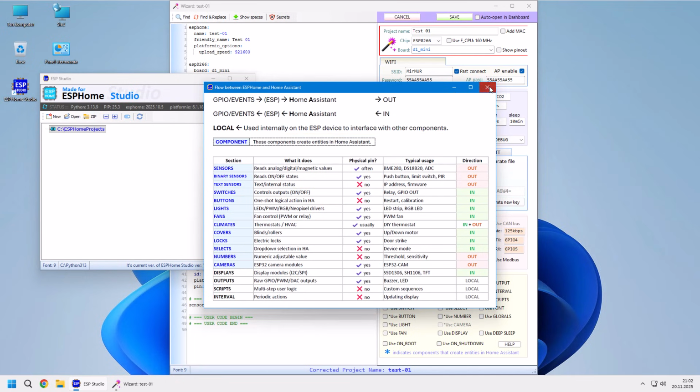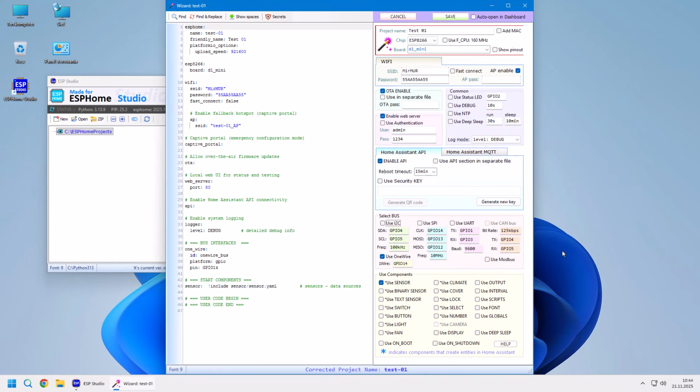The final section of the wizard exists only inside the YAML code on the left side. It's simply a place where we can manually add custom YAML if we ever need to. It's important to note that if we add any text outside the user code section, then after making any changes in the wizard, the entire file will be refreshed and anything outside user code will be removed.